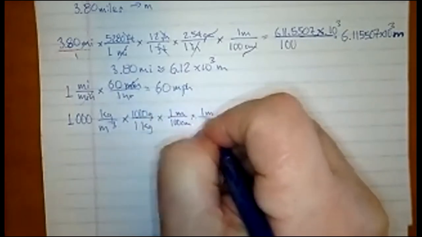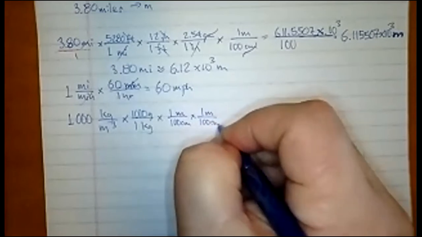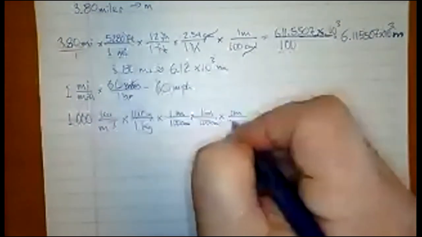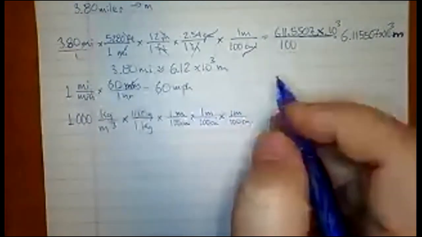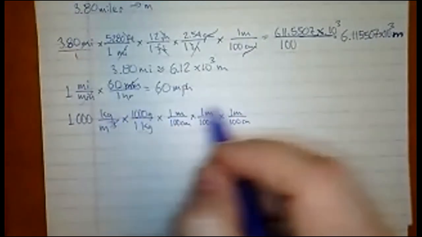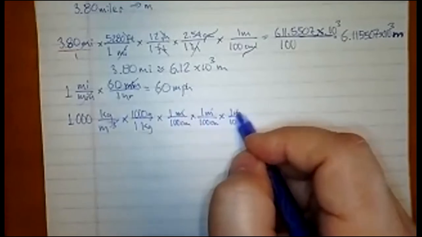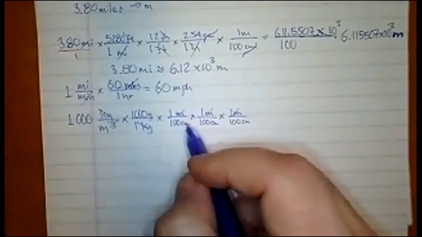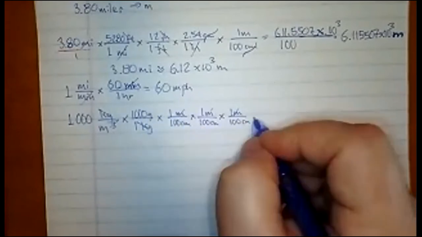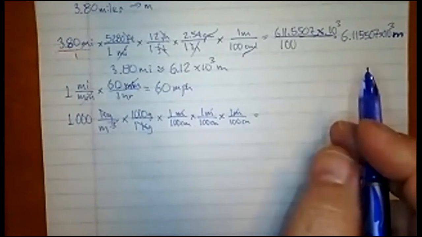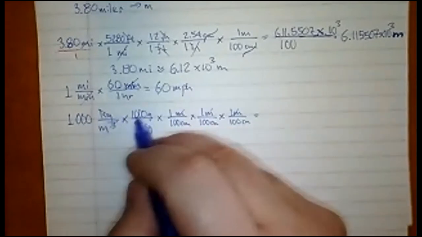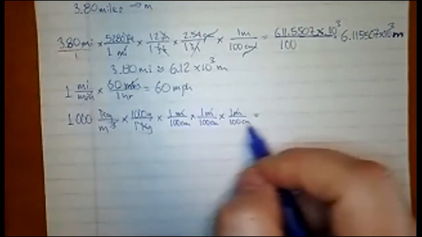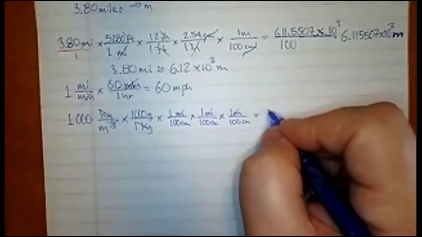Now I do another meter, 100 centimeters. That gets rid of 2 of them. Now I do it again, 1 meter, 100 centimeters. Now I've gotten all 3 of these marked with that, and I've gotten this kilogram marked with that, and you can see the result is grams per centimeter times centimeter times centimeter. That's centimeter cubed. And you can see basically what you did is you multiplied 1,000 by 1,000, got 1,000,000. And then you divided by 100 times 100 times 100, which is 1,000,000.